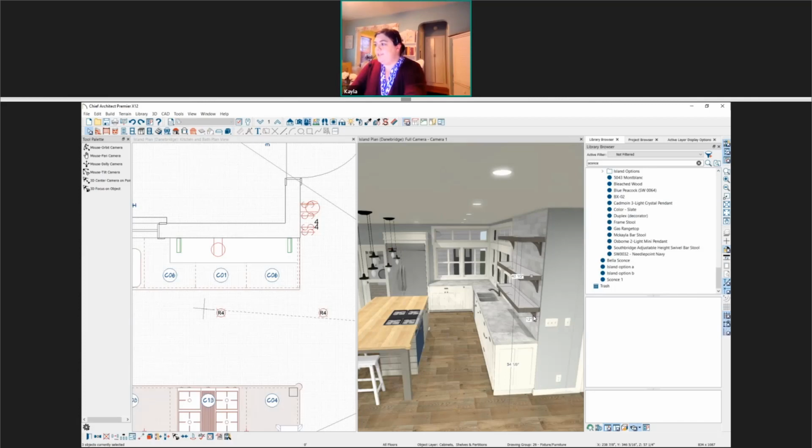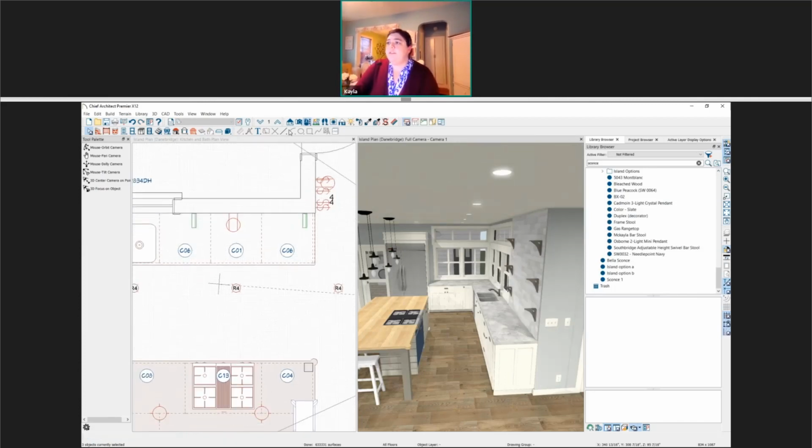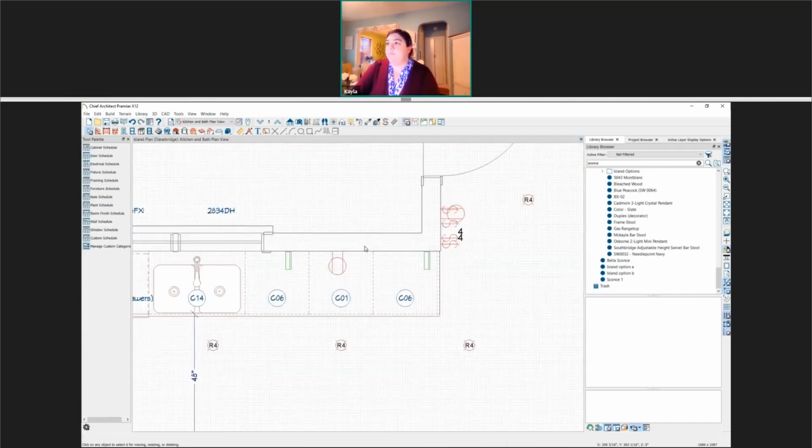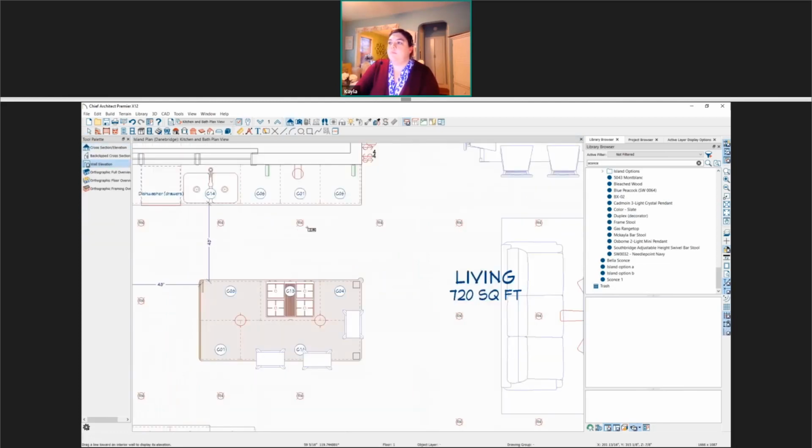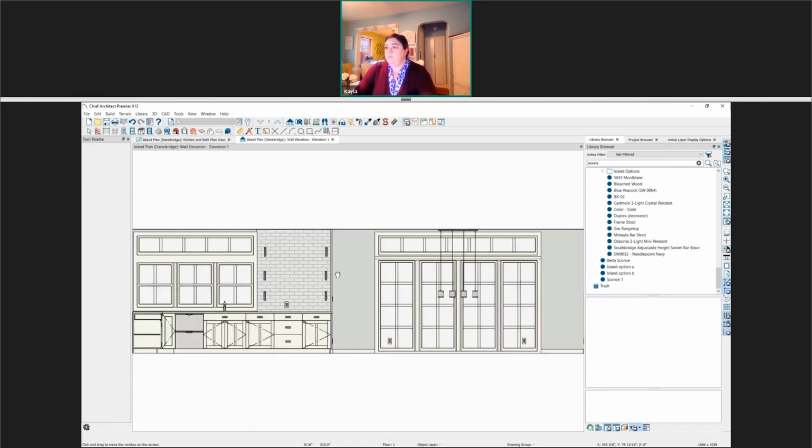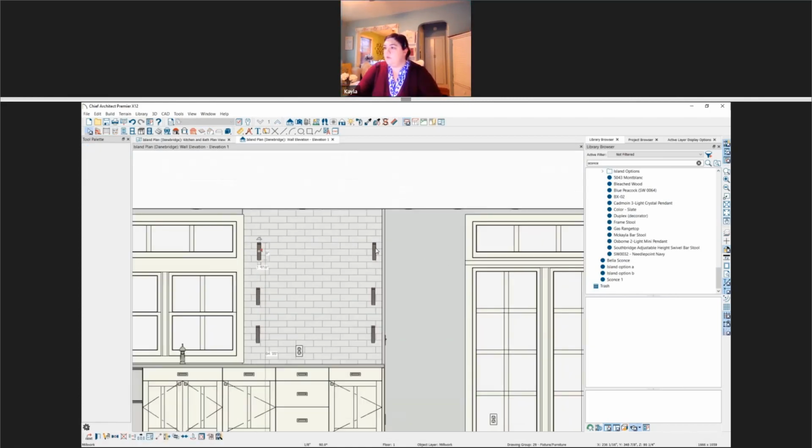The shelves are placed separate from the corbels. Let's get into an elevation view. That's going to be much easier. So in a wall elevation, let me select to delete all of these before. There we go. All right, so in this elevation, I'm going to go ahead and place one shelf. Under our cabinet options, we have a shelf. I'm going to get this one shelf positioned.